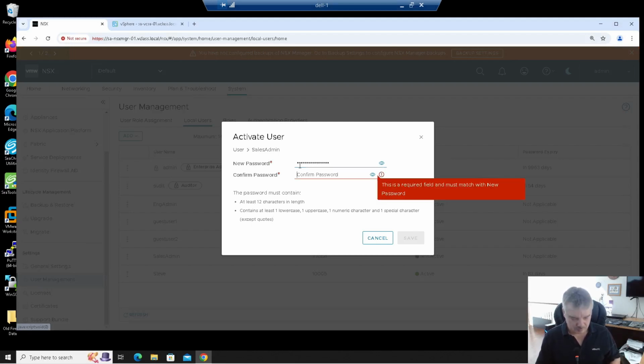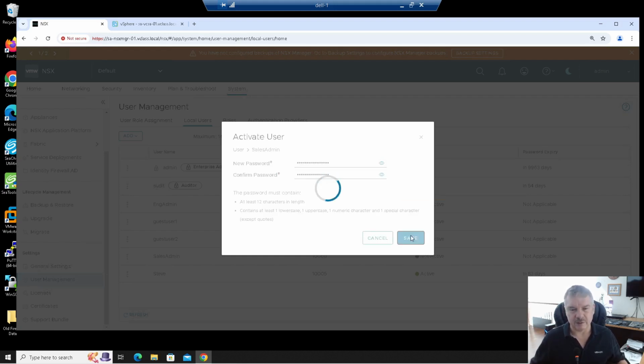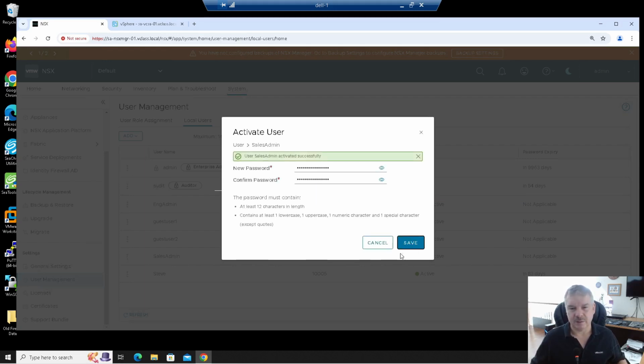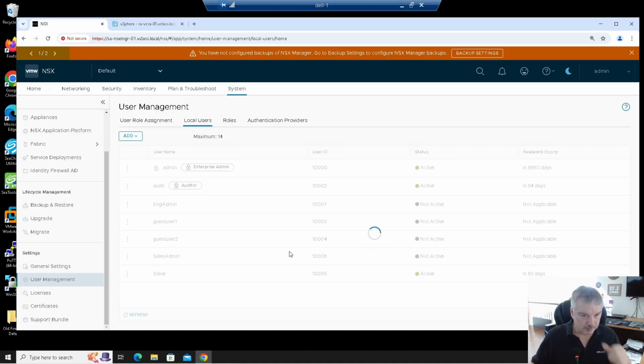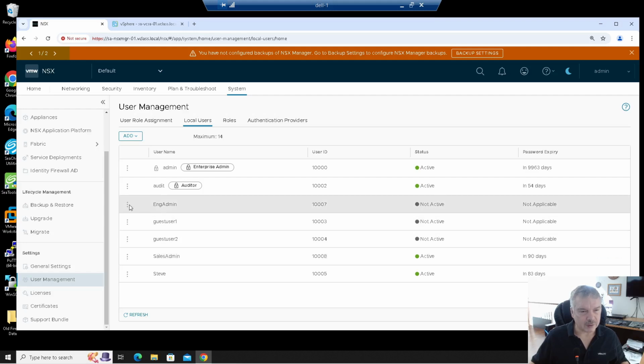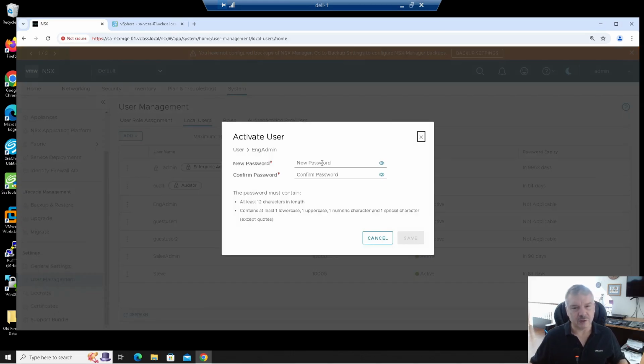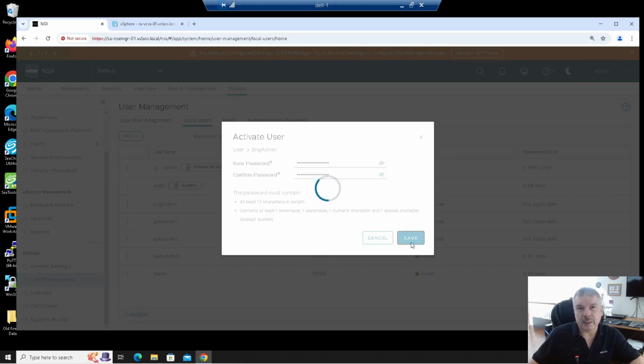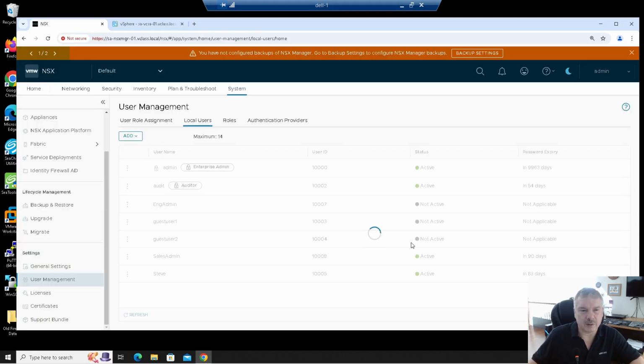And again, you follow the restrictions mentioned below, and I'll say save, and we give that a few seconds. There we go. So you now see sales admin is active. All right, if I go into engineering admin, let's activate this user. So the engineering admin, again, just putting in a password. Again, like I said before, I could have used AD groups, but anyways, I just got this local stuff set